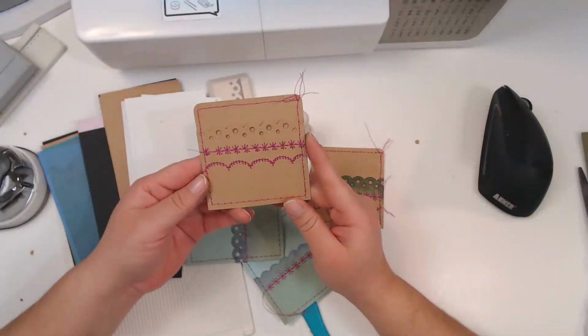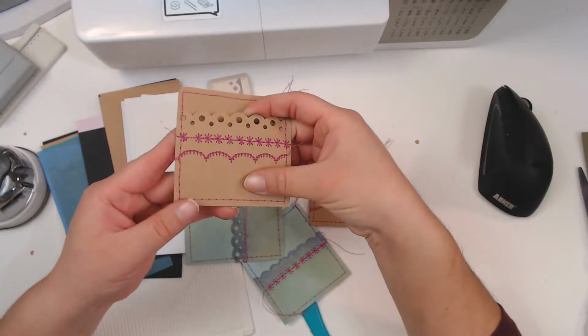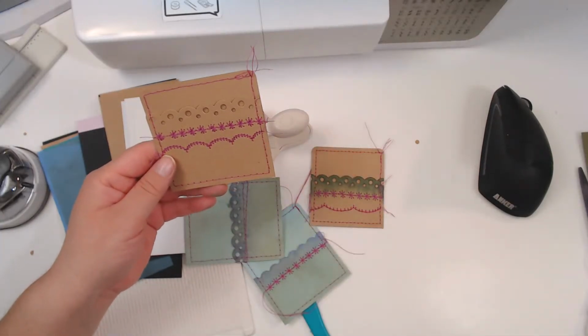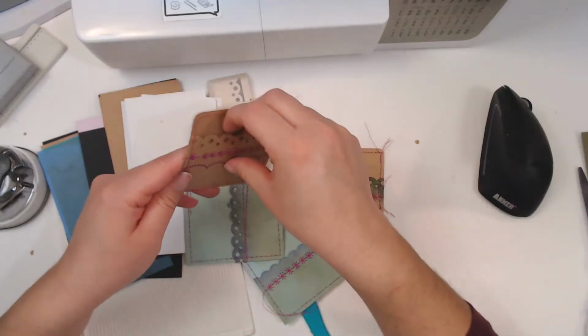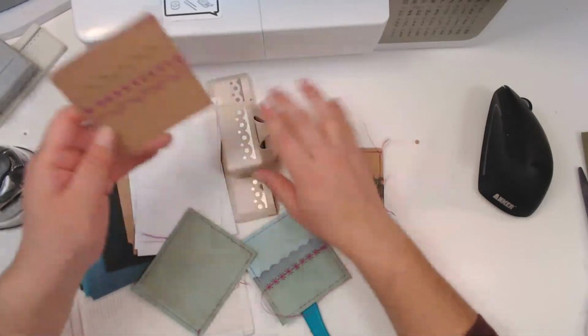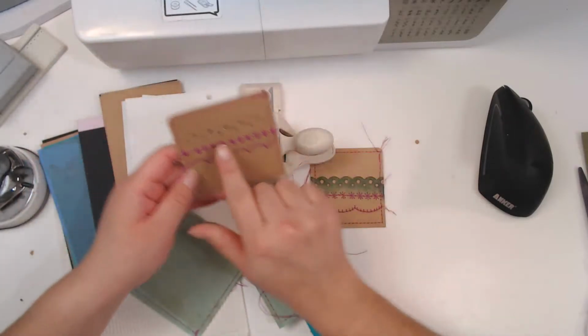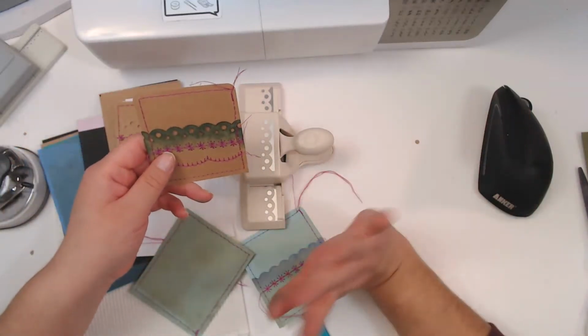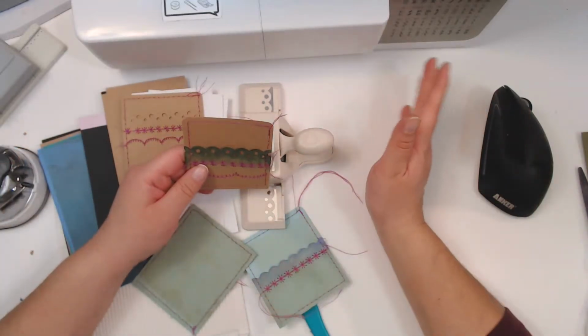It started off as this, and I was like, yes, I love it. So I made this little pocket with punches, and then I was like, I kind of want this to stand out a little bit more. So then I dug into my old stash